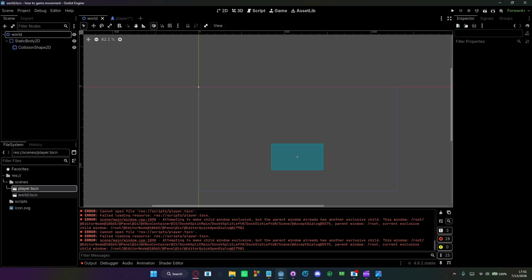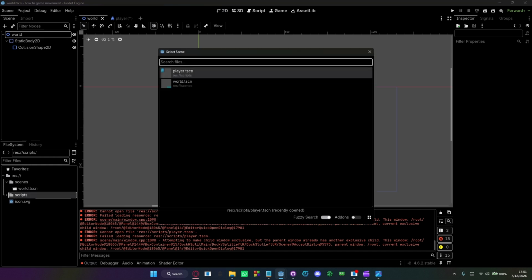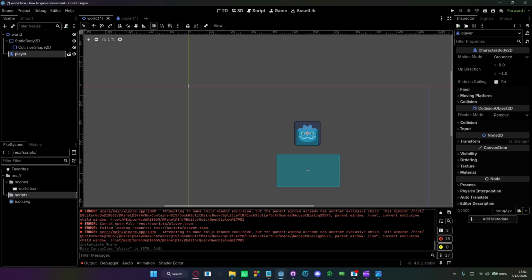Okay, so it says it's saved in the scripts. We'll put it here, I guess. Now we'll just go ahead and nice. Now we can add the player. So now that we have the player in the main world, we can just move the player right above our platform. And if you click play,